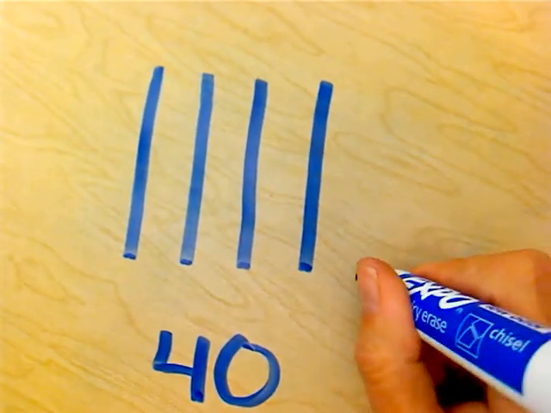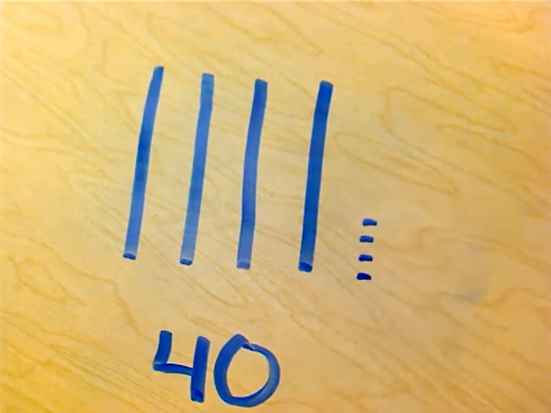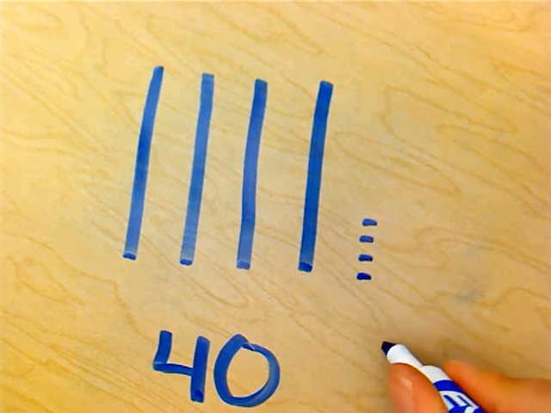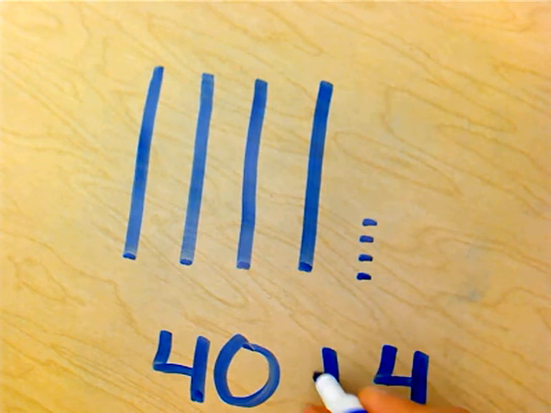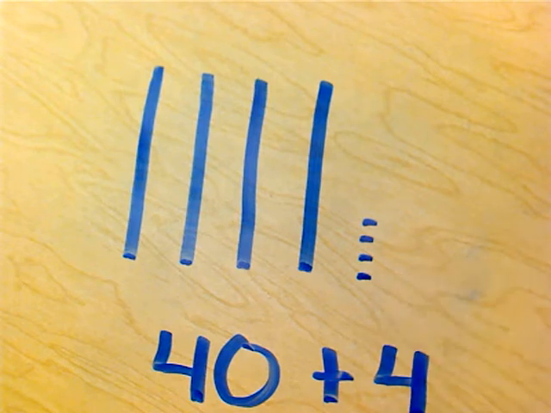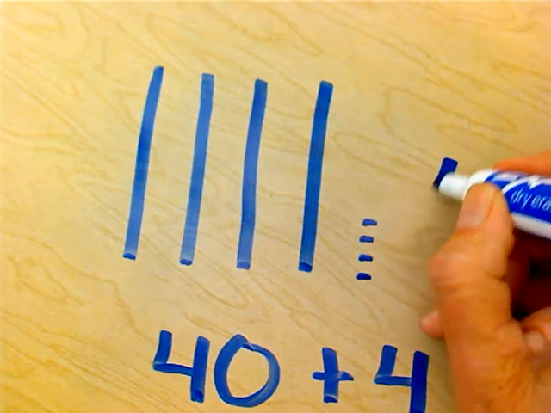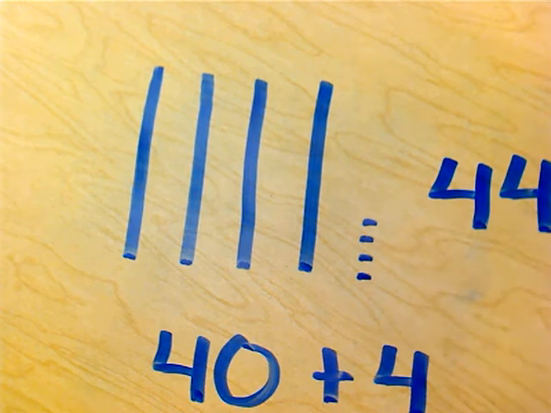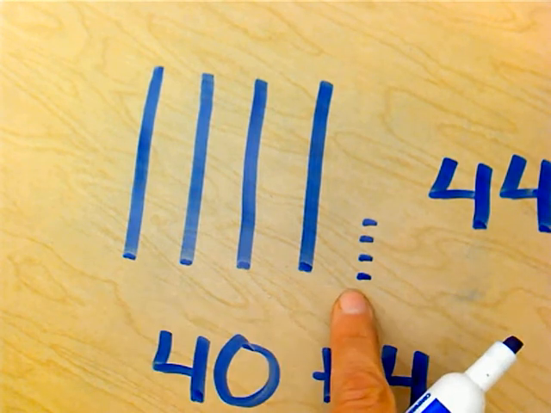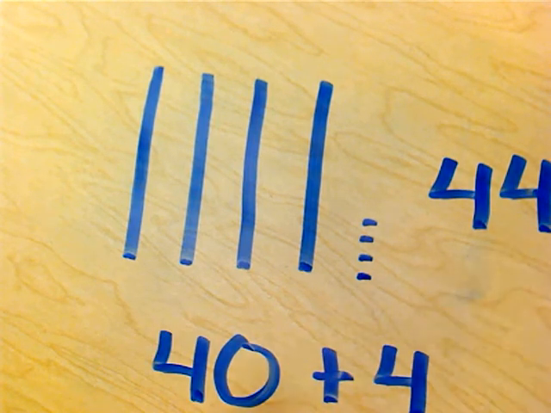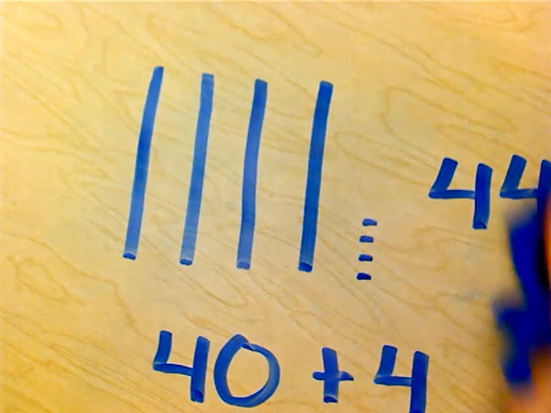And let's do 4 ones. So I have 4 tens and 4 ones. If I was going to add 4 tens, which is 40, plus my 4 ones, I would end up with 44. So 4 tens and 4 ones is 44, which is the same as 40 plus 4. So we're going to do a little bit of practicing with those quick tens, which is what they're called, and